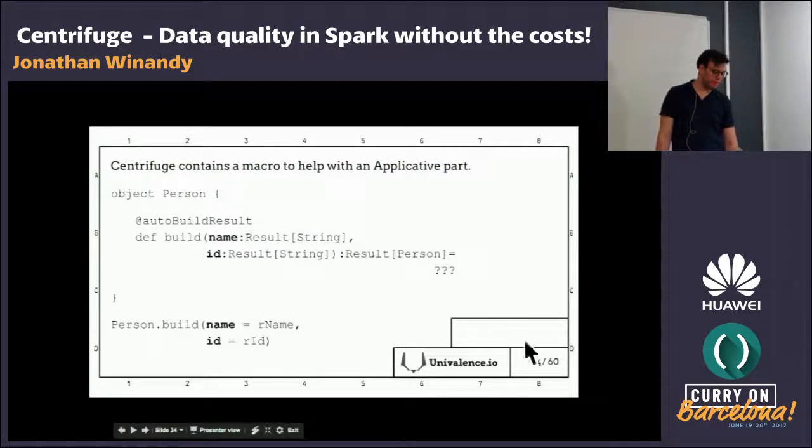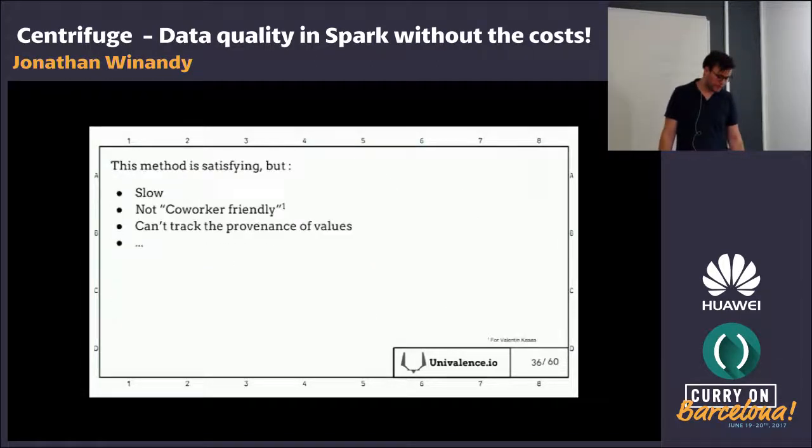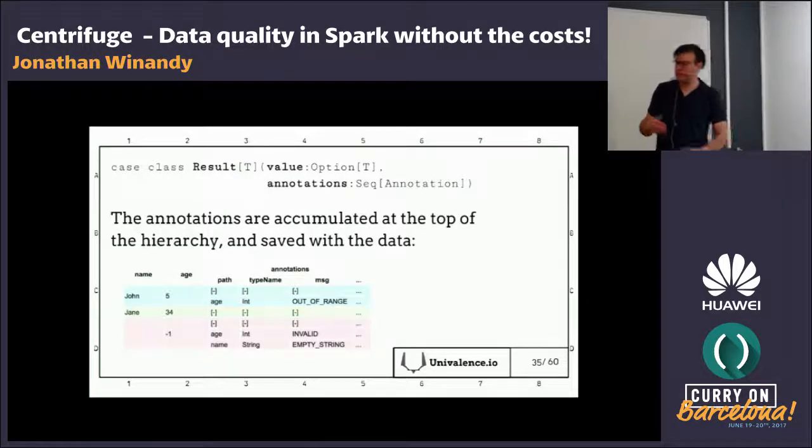And all the body of this function is generated by the compiler. So you can build your person nicely without the applicative syntax. It's a regular syntax. It's just your values are encapsulated in structures that encapsulate the validation. Okay. So what happens is once you do everything, the annotations are rising to the root of the structure. So you are able to accumulate them at the top.